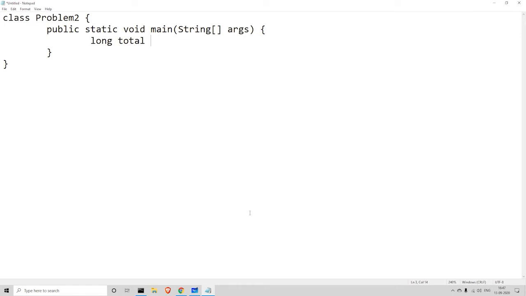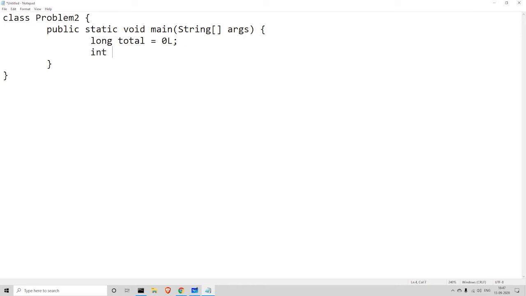So just for safety, I'll be putting it as a long. When you define a long, the data type should be given as usual for any variable, be it integer, a string, character, or anything. You have to give the data type before the variable. So for that, I'll be giving long here. The only difference between a long and an integer is this capital L after 0, which indicates that this is a long number.